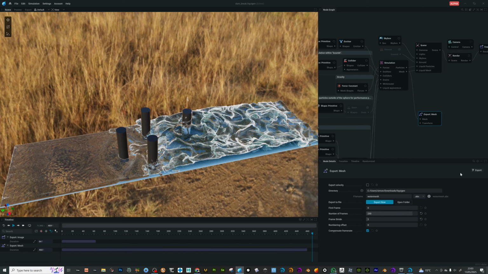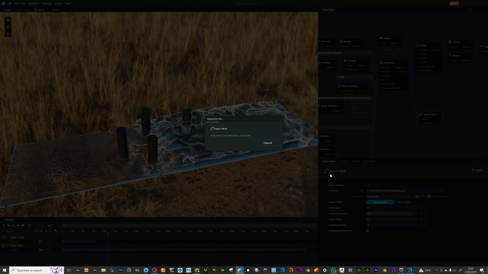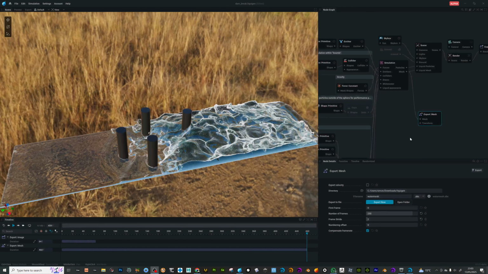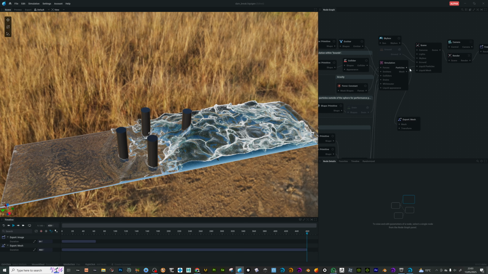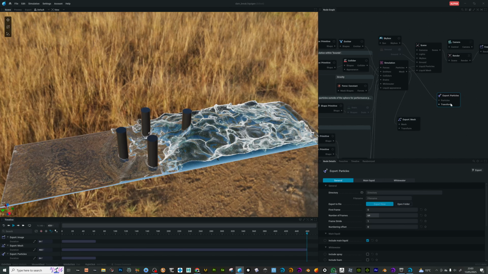Okay, we'll export that. Okay, that's done, and then what we're going to do is we can export mesh. Right, delete that. Okay, export particles,